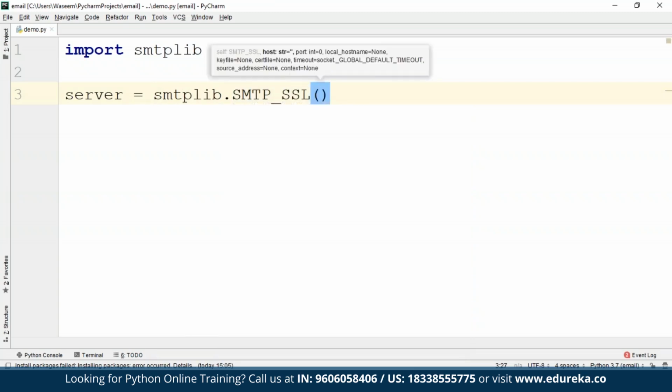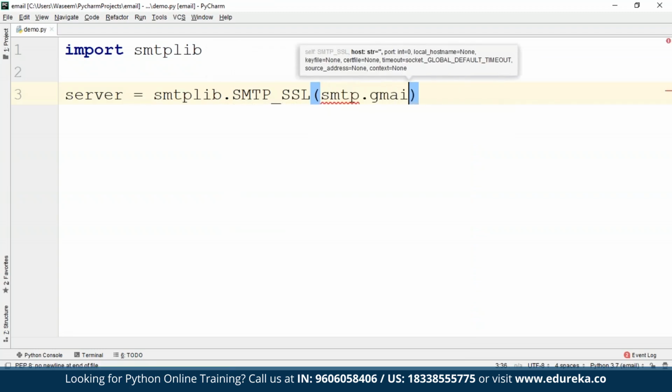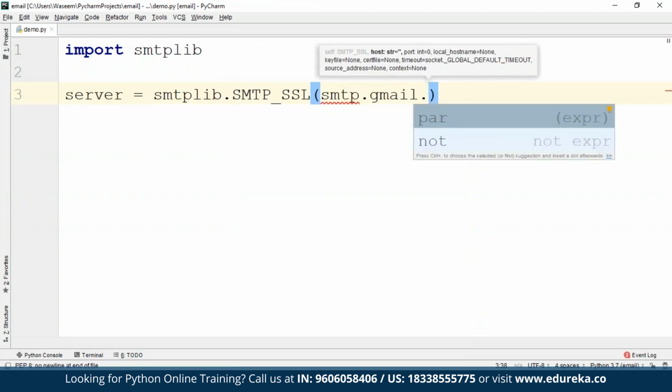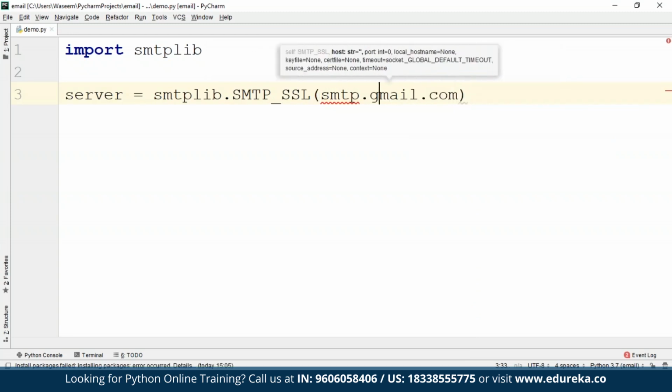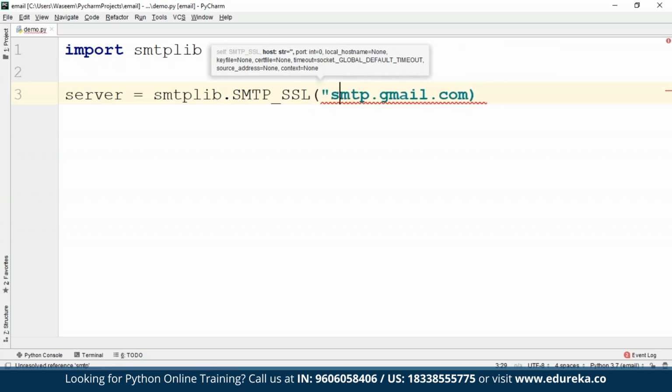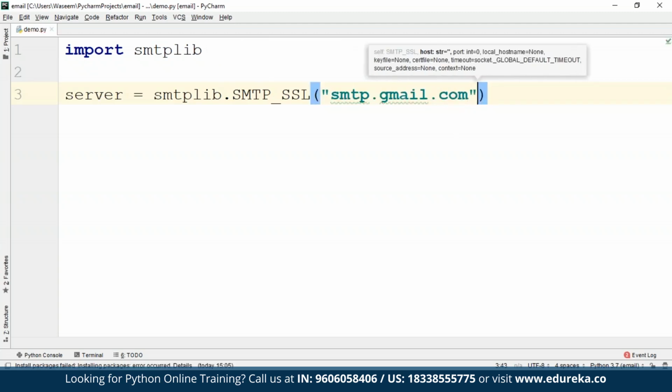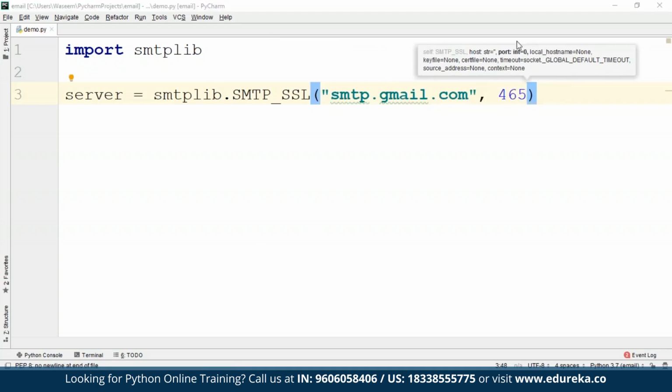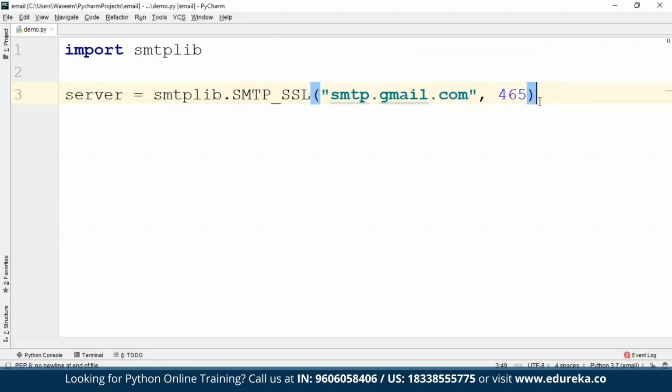And now I have to provide certain values, which is smtp.gmail.com, which is basically nothing but the SMTP server address, which you will find in the settings for gmail.com, guys. And then you have to provide the port number, right? So we are good to go here. And this whole program, I'm going to write it in like 5 lines of code, guys. So it is that simple.